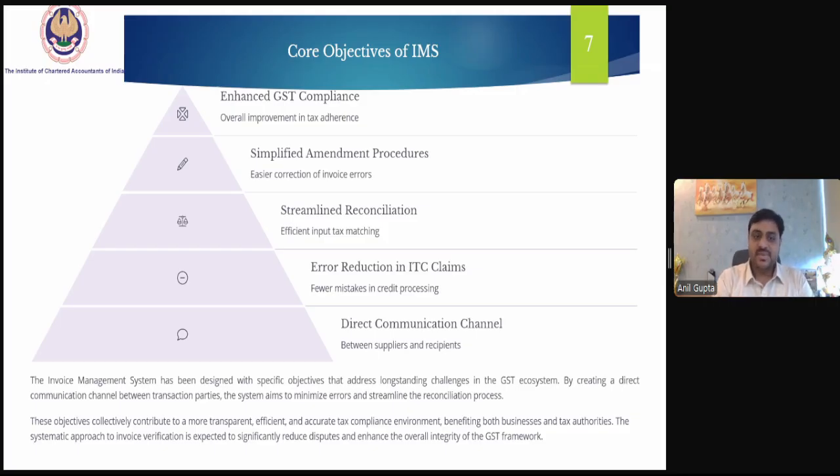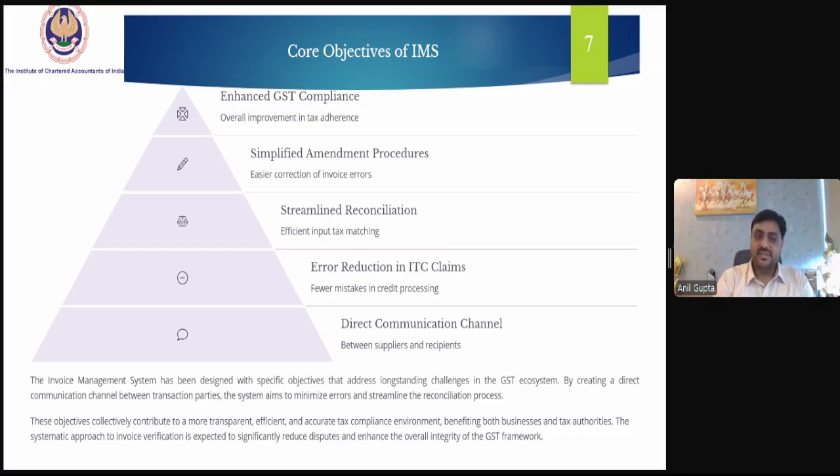The invoice management system has been designed with very specific objectives that address long-standing challenges in the GST ecosystem. By creating a direct communication channel between the transaction parties, the system aims to minimize errors and streamline the reconciliation processes.